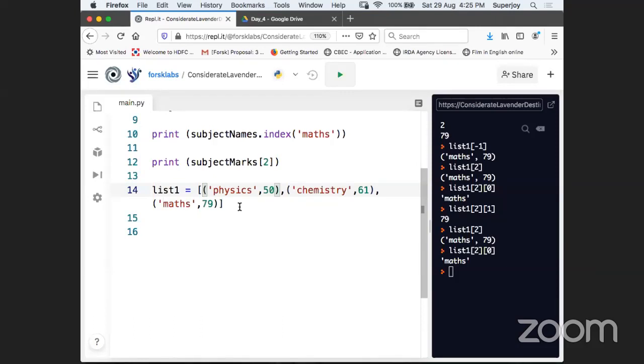So you will have to write a little code, then only you can get to know what is the index of your subject. So how can you do that, guys? Do you have any idea how you can find out what is the index of this tuple which is holding a subject name and marks? Guys, it's a little advanced topic, obviously, but how will you do that? Can you guys let me know how you will do that? Any idea from you?